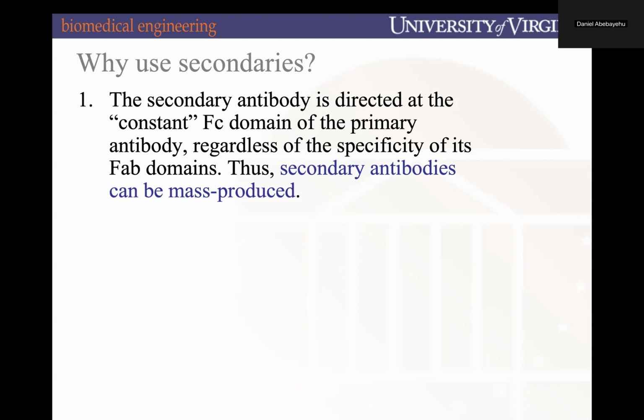But taking a step back and not wanting to nerd out on that for a moment, the key thing to note here is that the FC domain is what our secondary antibodies are binding to on our primary. So this is the primary, for example. This is what our secondary antibodies bind to with their FAB domain. We'd essentially have,